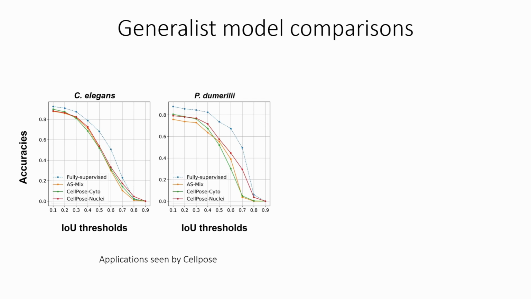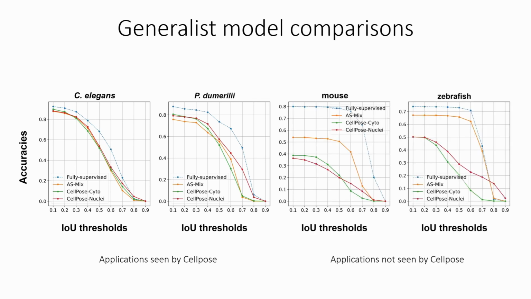In comparison to other generalist models for cellular and nuclear segmentation trained on purely publicly available real datasets, such as CellPose, we find that for datasets where CellPose has seen real images from these modalities, the proposed model, shown in orange, trained on synthetic images, performs comparably. However, on modalities and tasks that CellPose has never seen, we find that the proposed method performs much more closely to the ideal dataset-specific reference performance shown in blue, which is a fully supervised network trained on that specific dataset.